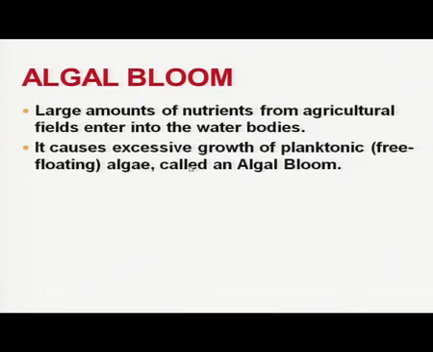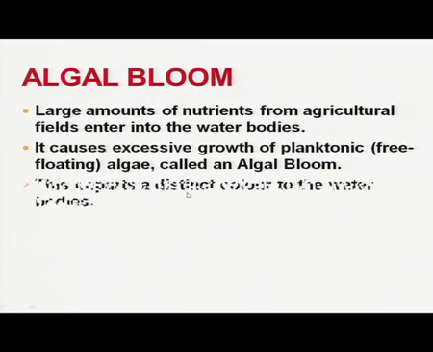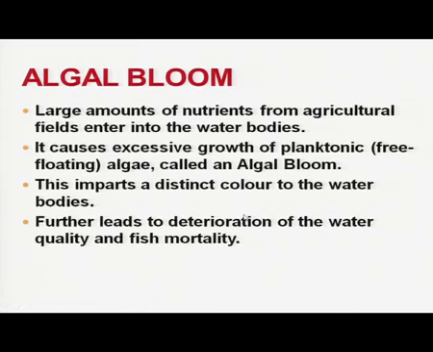These nutrients are good for the growth of planktons and algae, and it results in the excessive growth of them, which leads to algal bloom. This is known as algal bloom. It is the excessive growth of algae because of the presence of nutrients in the water body. This imparts a distinct color to the water body, it becomes greenish in color,